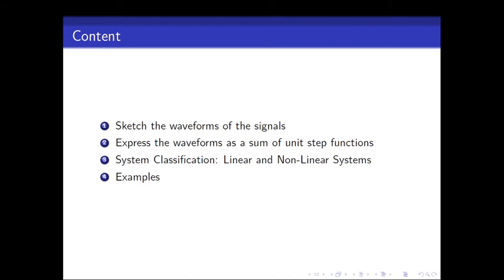Already at the beginning of the semester we discussed what signals and systems are. There are so many examples of systems: the differentiator circuit, the weather forecasting system, and in an airport, the communication between the pilot and the airport base station. There are so many examples of systems. So now we can classify the system.